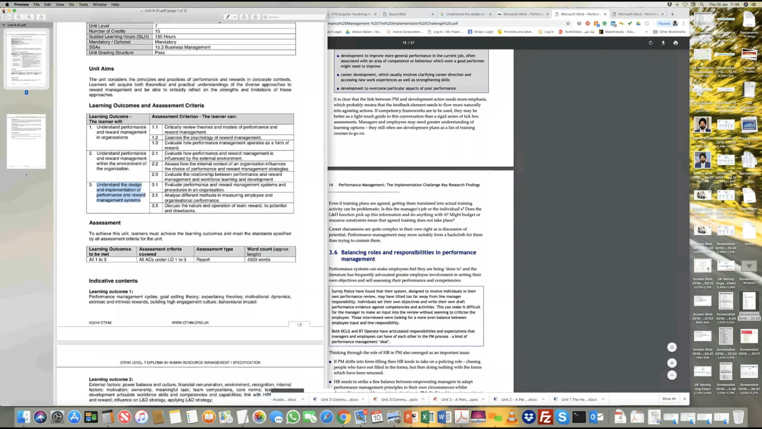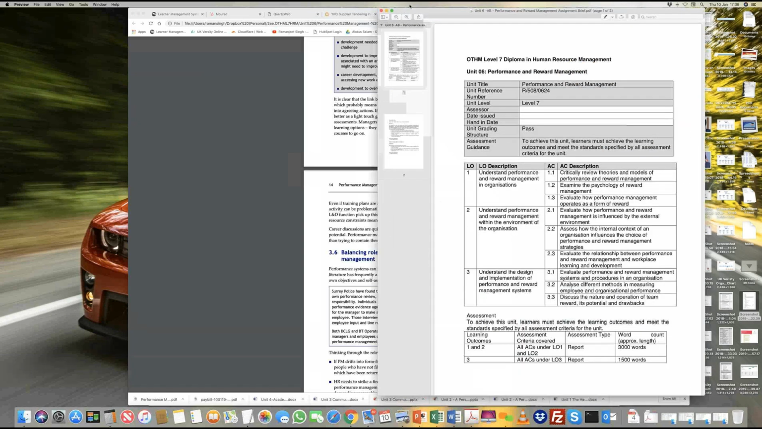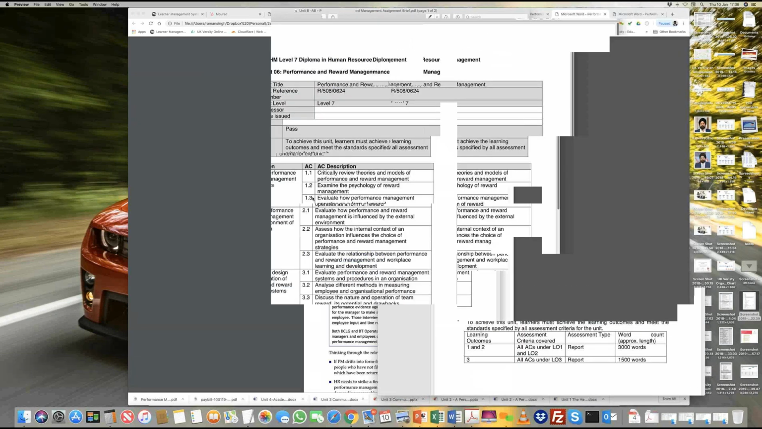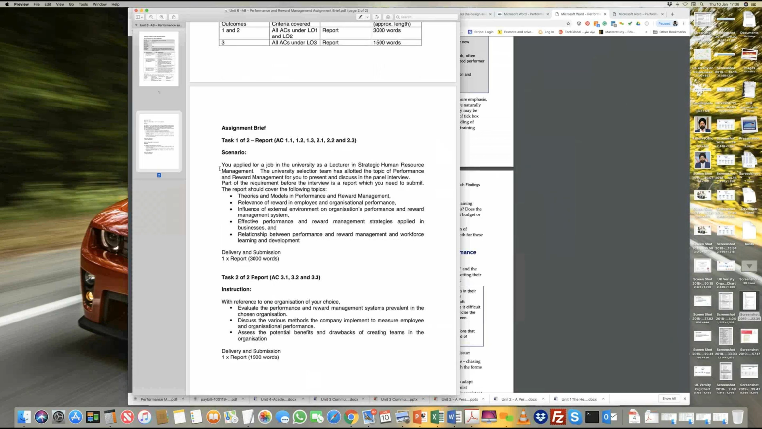Now, good stuff. Just very briefly, if I go back to the assignment brief, it's essentially a two-part assignment brief. Assuming a role, you applied for a job in the university as a lecturer, and you're going to be teaching strategic management. The university selection team has allocated a topic of performance and reward management for you to discuss in your interview. Now, what you're asked to do is undertake